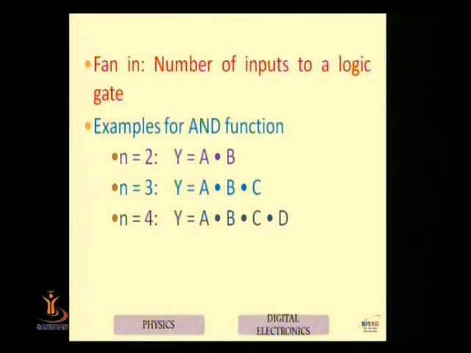Fan in is the word. What do you mean by fan in? Fan in is nothing but the number of inputs that the logic gate can handle. For example, let me take the AND function. N equal to 2 means Y equal to A dot B. Suppose my AND gate has N equal to 3, that is nothing but